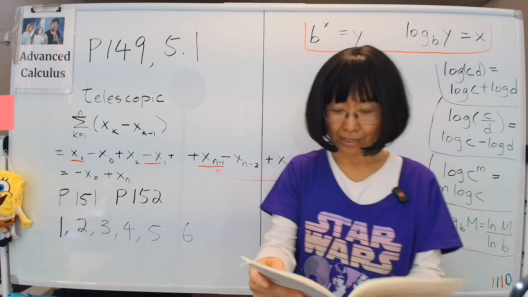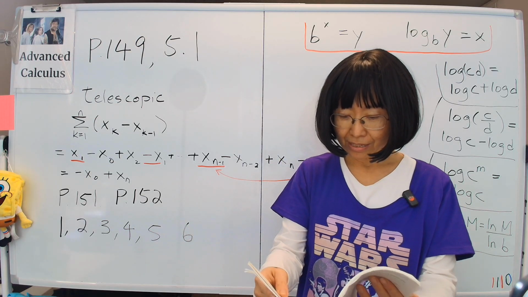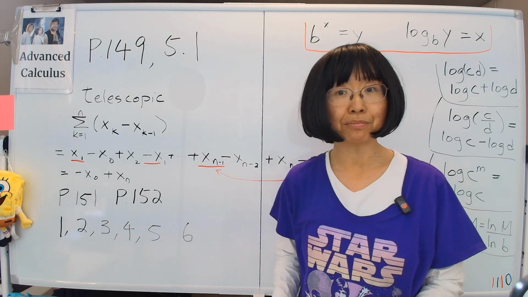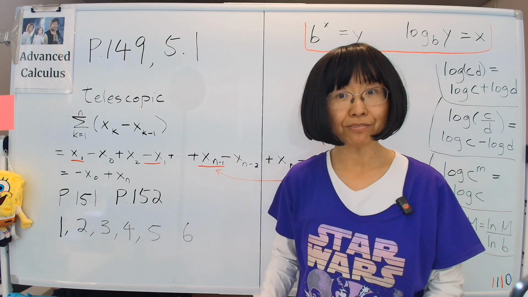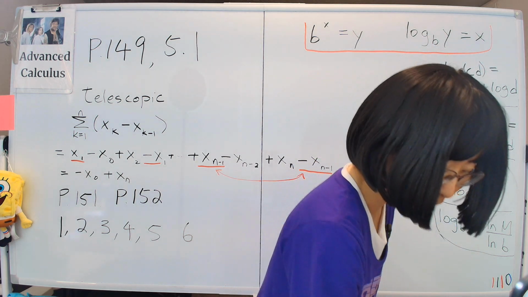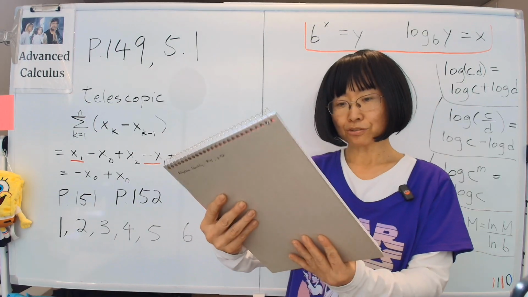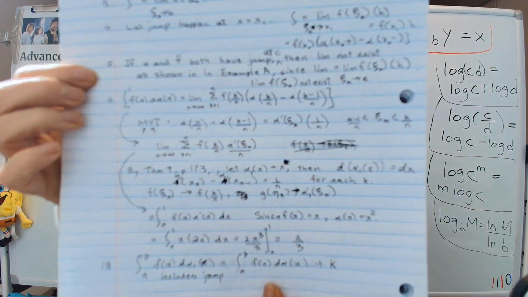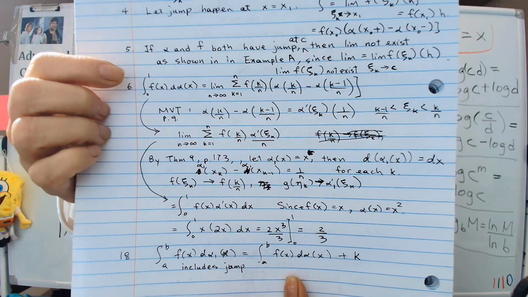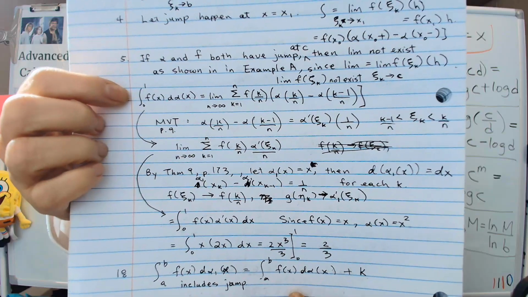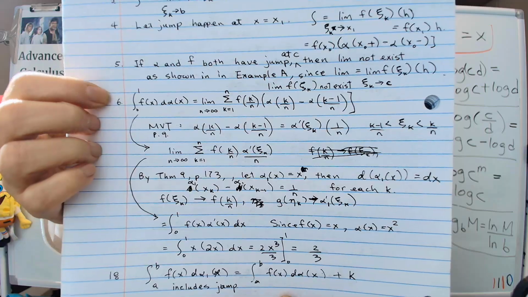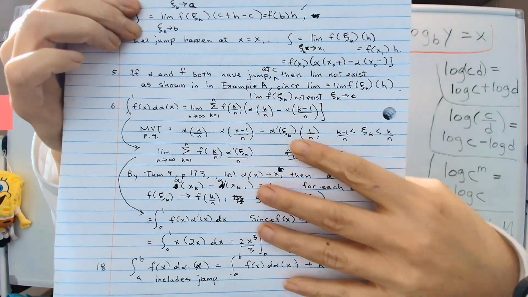So problem 6 is that we are going to calculate example C by a different trick than what they did in there. What we're going to do is apply the law of the mean, the MVT theorem. So let's do that. And then of course we need to use theorem 9 on page 173. Anyway, here is the definition. Always go for the definition first. That's copied with the premise in example C, where the